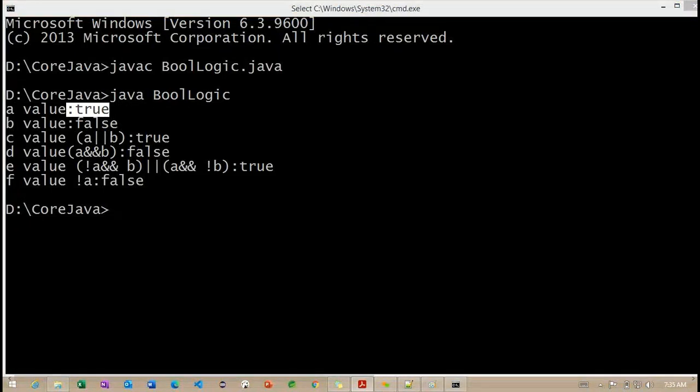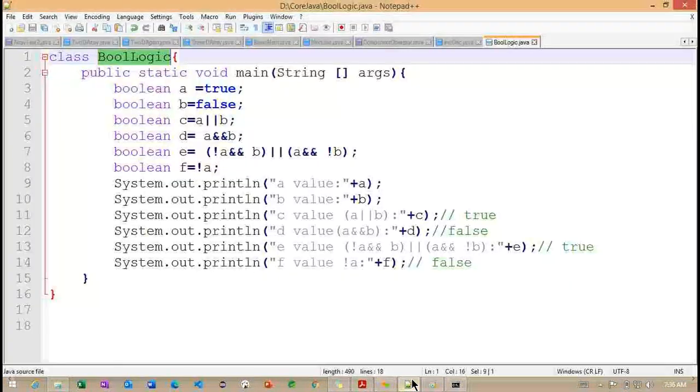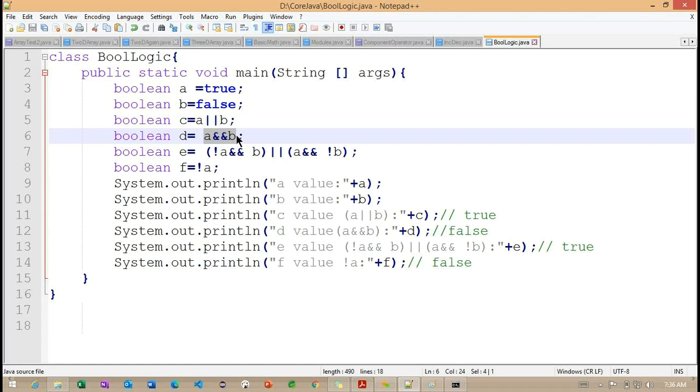This is how we can work with the logical operators here. And the same way, we are going to check the ternary operator. This ternary operator is also very important. Before discussing the ternary operator, I want to show how we use the OR condition and AND condition in a real-time example.